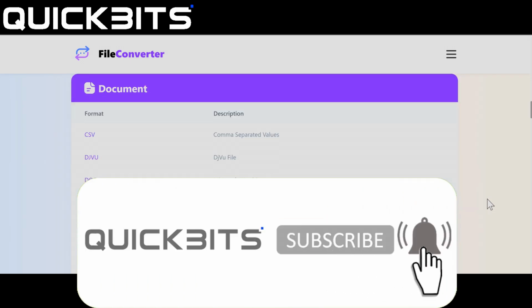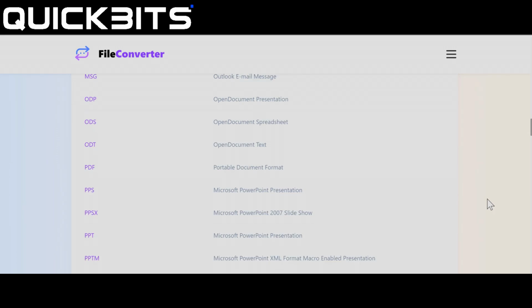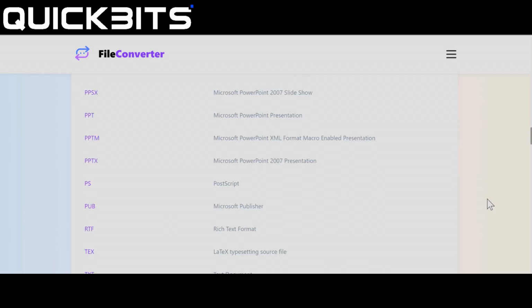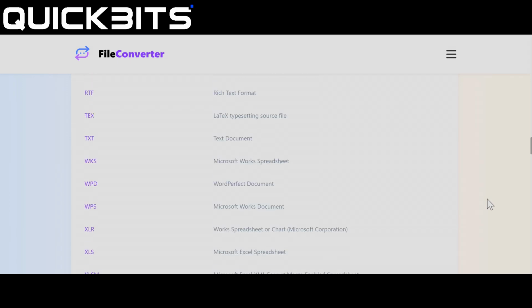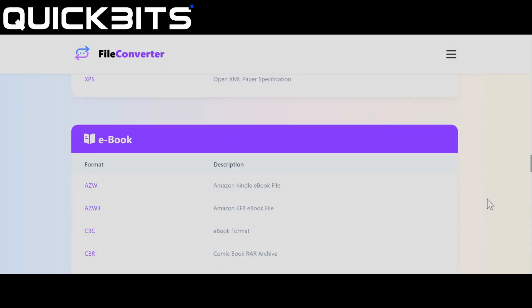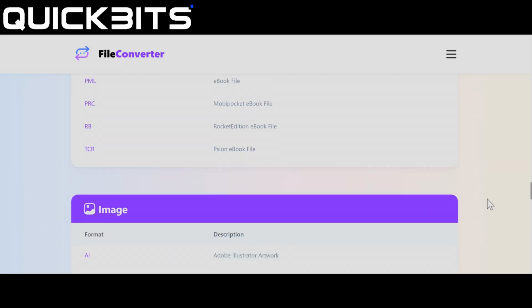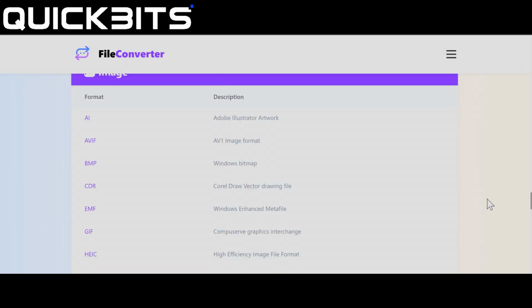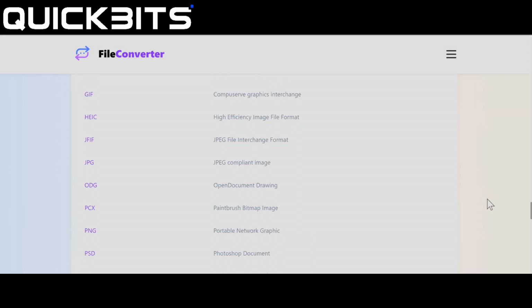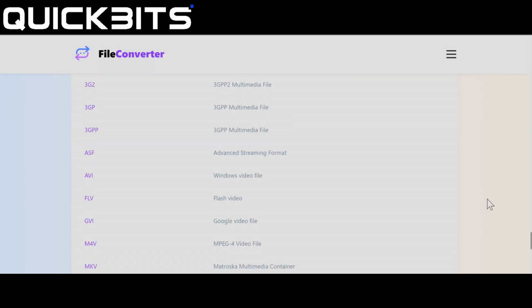Why use an online converter? No software to install, work straight from your browser, Chrome, Firefox, Edge, etc. Massive format support, converts over 1,100 file types, including documents: PDF, DOCX, PPT, XLS, ODT, RTF; images: JPG, PNG, WEBP, HEIC, GIF, SVG; audio: MP3, WAV, M4A, FLAC, OGG; video: MP4, MOV, AVI, WMV, MKV; ebooks: EPUB, MOBI, AZW3, and